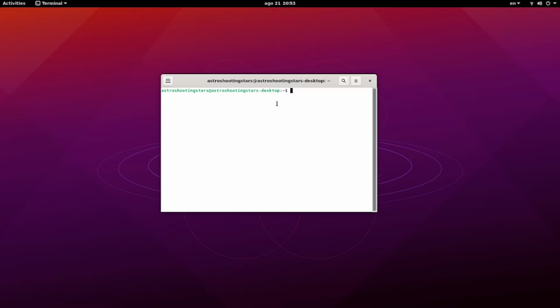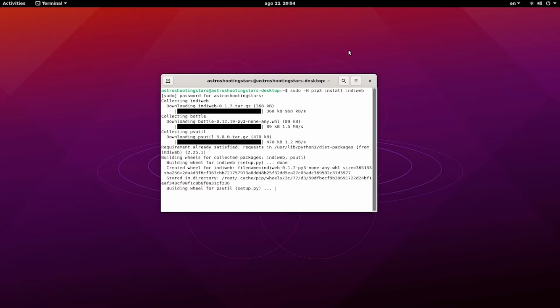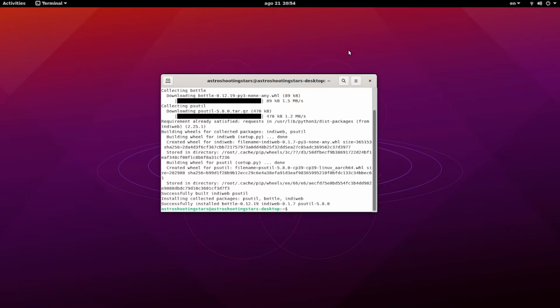Now since the Python has installed, now we'll install the web manager itself. To do that, we need to issue a command called sudo -H pip3 install indiweb. This will download and install the Indy Web server on the system. So this is what we are installing through the pip process, which is why we required Python3-pip library to compile and install this Indy Web Manager. So wait for it, it will finish very quickly and install Indy Web Manager on Raspberry Pi 4 system.